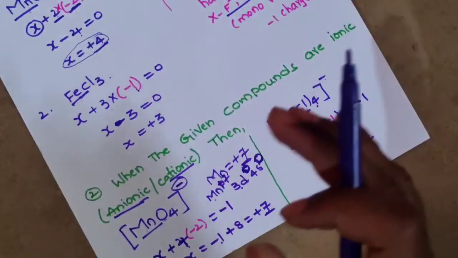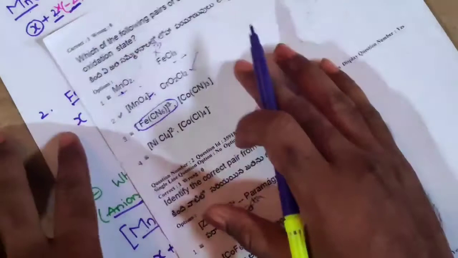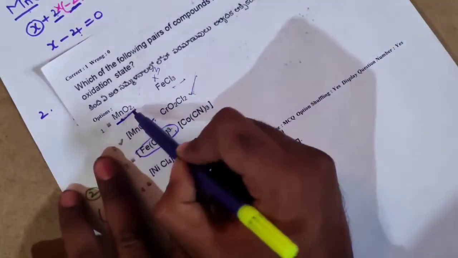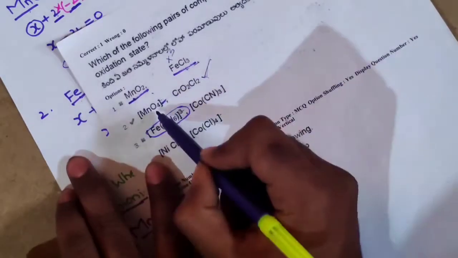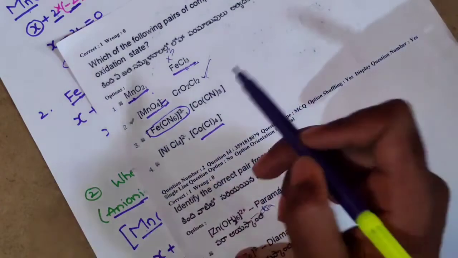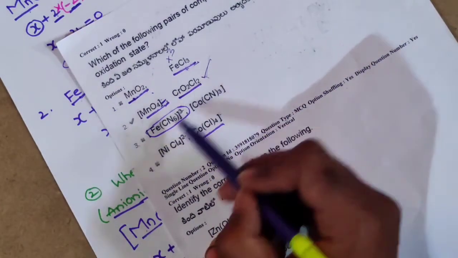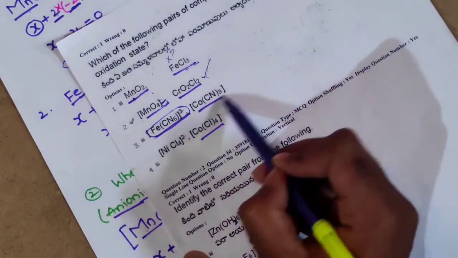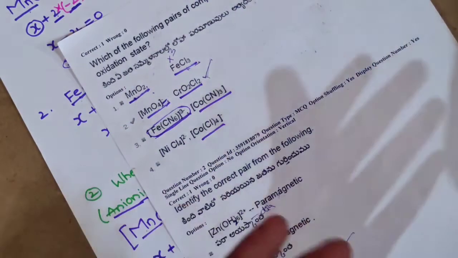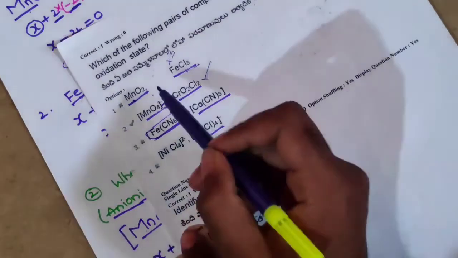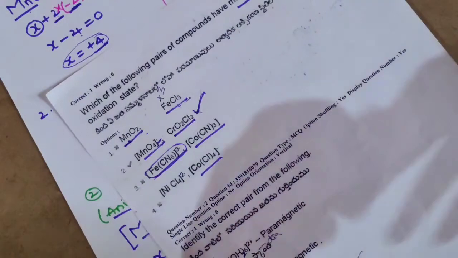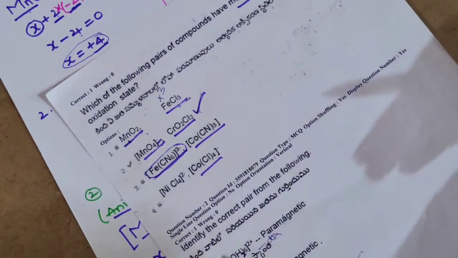So our options here, they gave these 4 options. I have calculated for this one and also for this one and this one. So now your duty is to calculate the oxidation state for this one and the third option, and you finalize the particular answer. Here the direct answer I can say because I know how to calculate, but test yourself and finalize the answer.